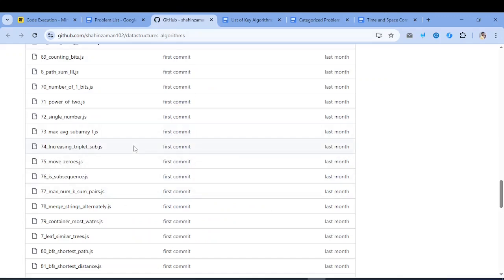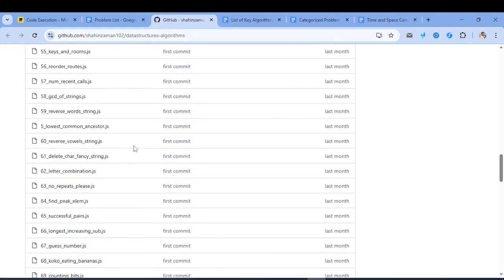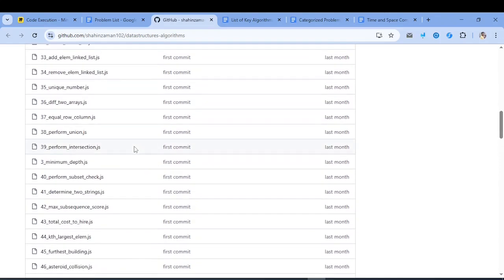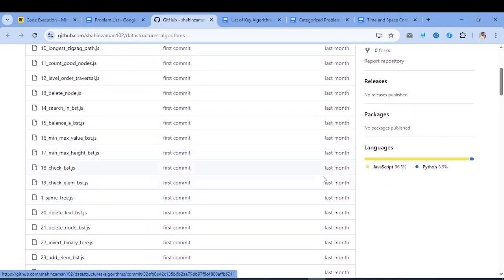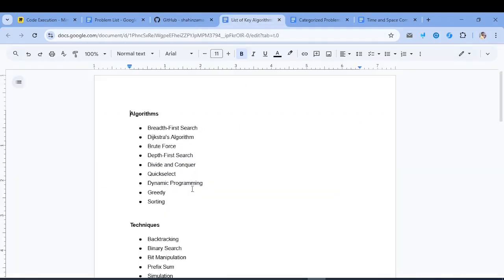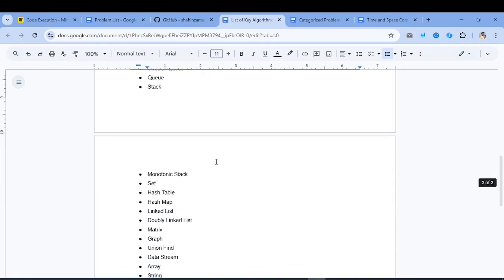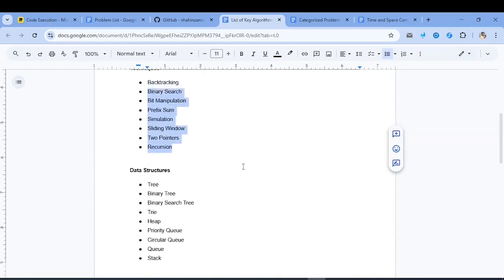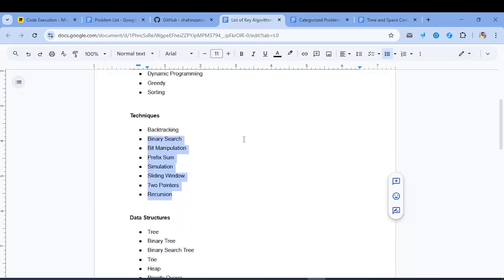So this repository contains carefully selected solutions to all the problems, written mainly in JavaScript. We can check this later at the time of practice. These solutions cover a broad range of data structures and algorithmic techniques, designed to enhance problem solving skills and coding proficiency. Here's the list of algorithms, techniques, and data structures which we are going to cover